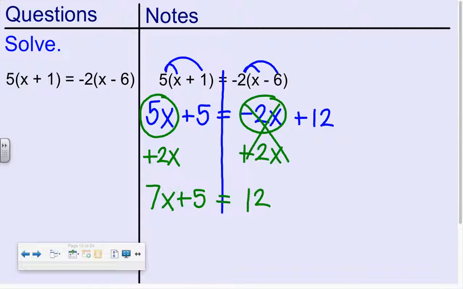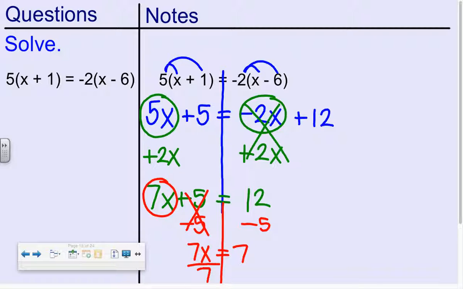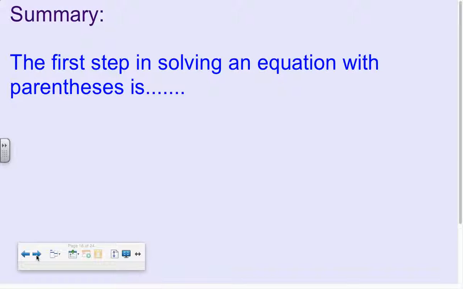Circle my 7x. And minus 5 on both sides. Divide both sides by 7, and I'm left with x equals 1. 7 divided by 7 is 1. Summary: the first step in solving an equation with parentheses is